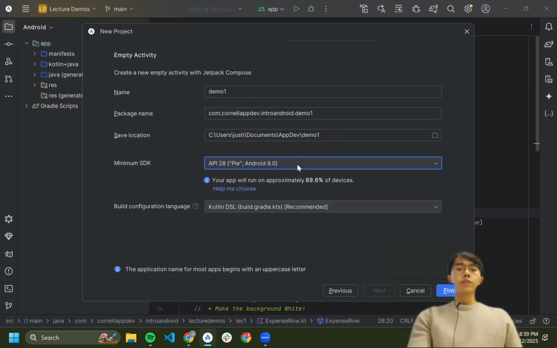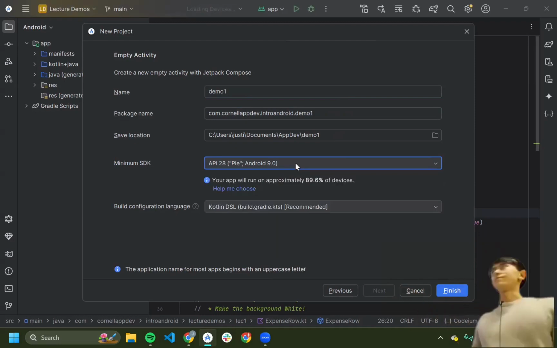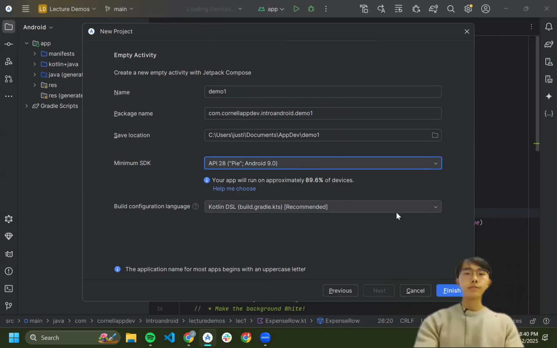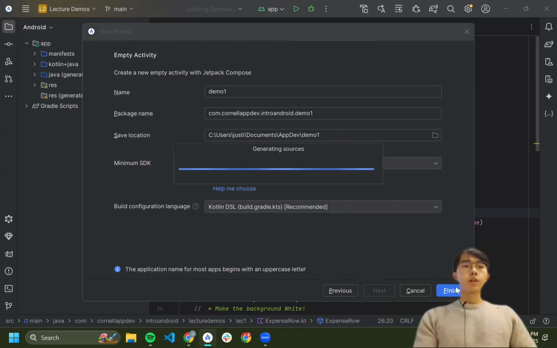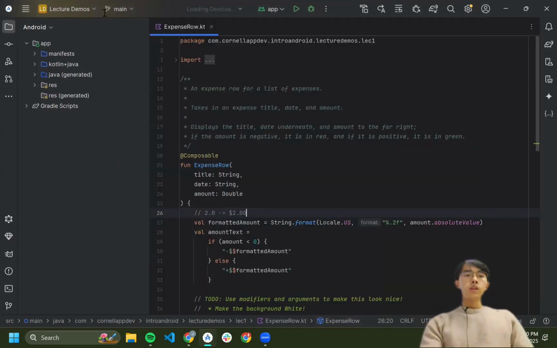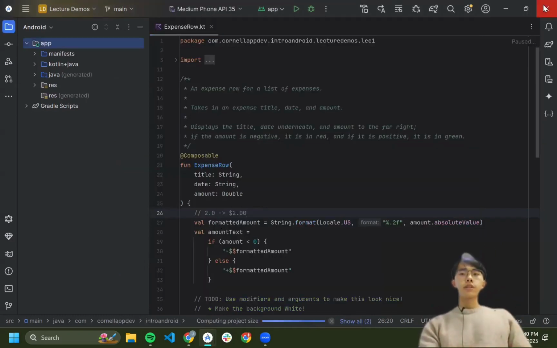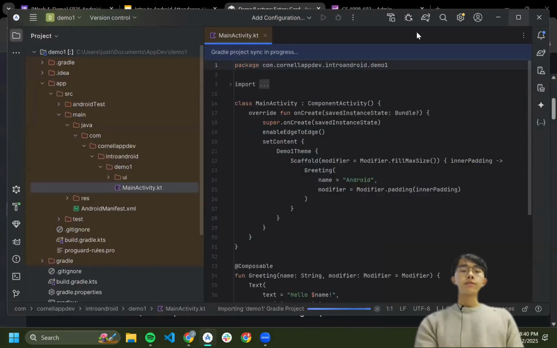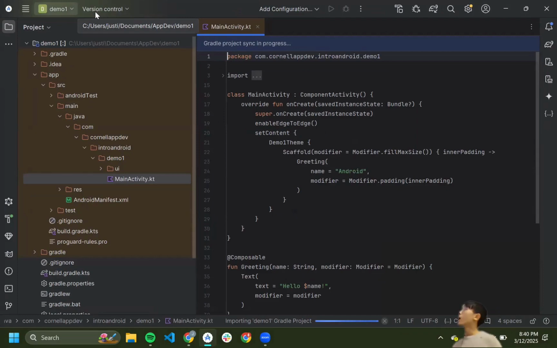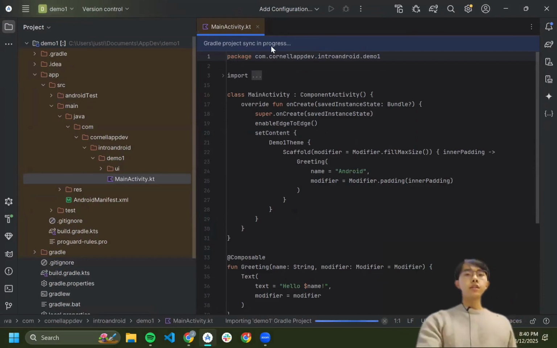And the SDK, I currently have it set to 28. You can also do that if that will make Gradle less annoying, because sometimes Gradle has some problems running. Once you have these settings, there's not much you actually have to change here. You can just hit finish and it'll create your project for you. If you have another tab open, it'll create it in a different window. You'll probably just want to close the existing one you have. So yeah, you'll now have demo1, this project, open, and Gradle will automatically run, or at least sync.